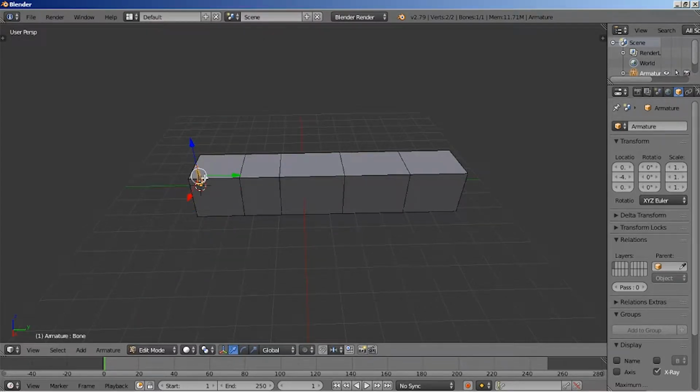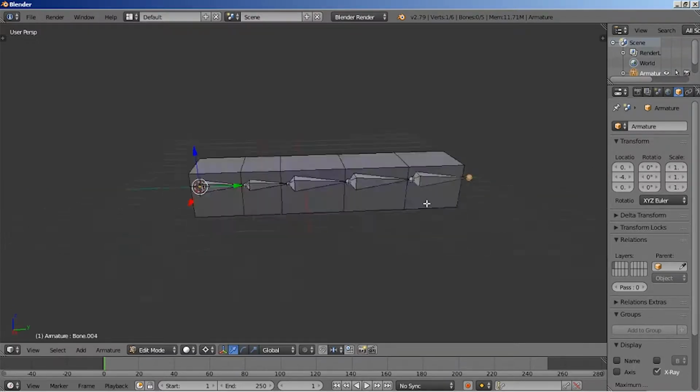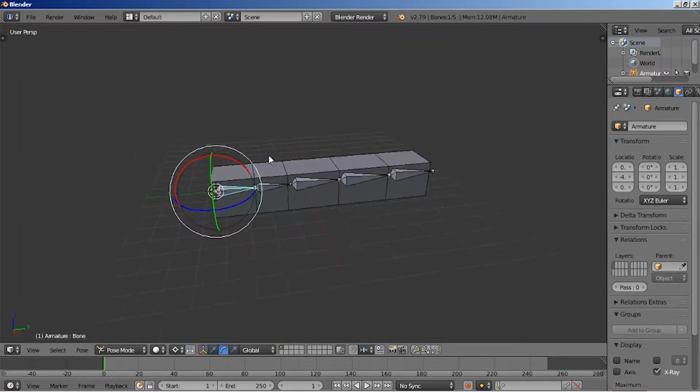As you can see, I add a bone, and then I move it inside the object because it's going to be influencing that object from the inside out. And then I add additional bones that will move each of the segments of the object. As you can see, if I move it in edit mode, it's not going to move the whole armature. You have to go to pose mode and then select all of them or each one of them